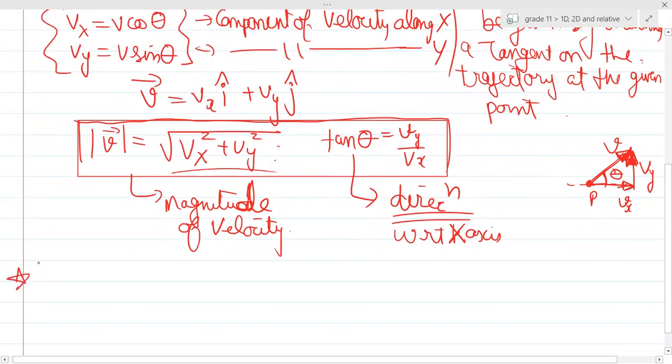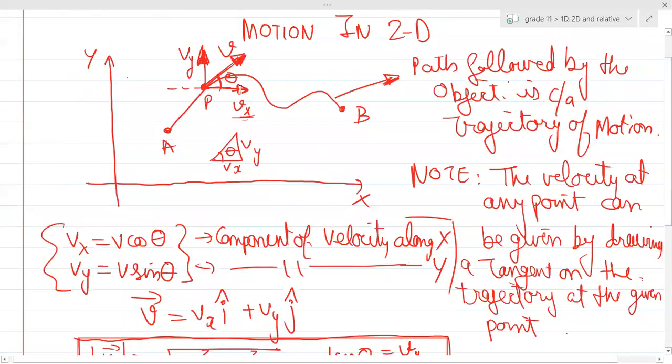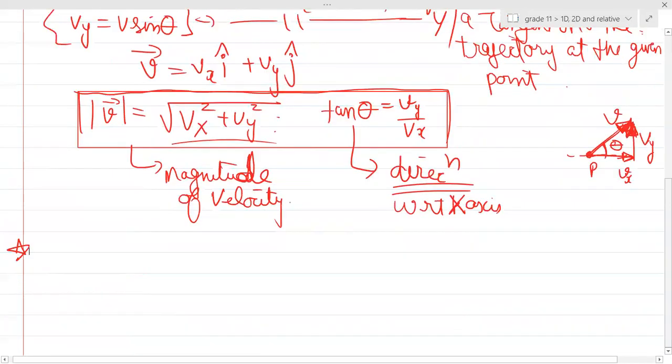Please keep on asking doubts. It's very important for you to keep on asking doubts. Why I cap? Because Vx was along the x-axis, so the unit vector along the x-axis multiplied by the magnitude gives Vx I cap. Vy is the magnitude along the y direction and j cap is the unit vector. Basically, combine them. If you remember the classes for vectors, we used to do this.